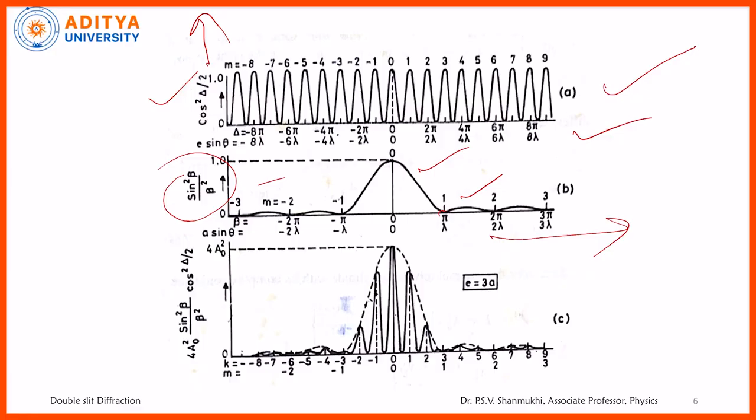This is the graph for interference, this is the graph for diffraction. Then combine these two. There is one condition: when interference maximum and diffraction maximum superimpose, we get a maximum. And when minimum superimposes with minimum, minimum means darkness. When the minimum of interference and minimum of diffraction superimpose, we get darkness only in the resultant graph I am talking about. So, when a maximum and a minimum superimpose, what happens?